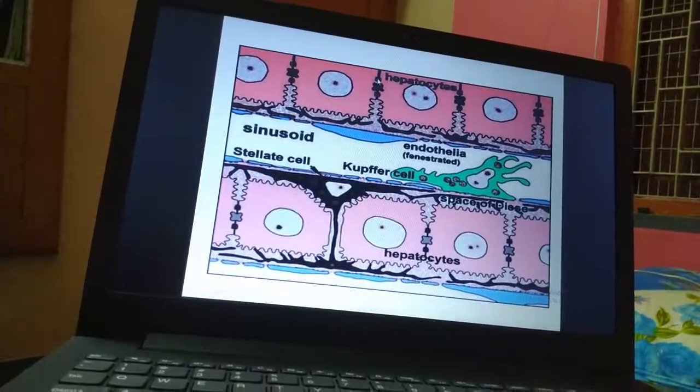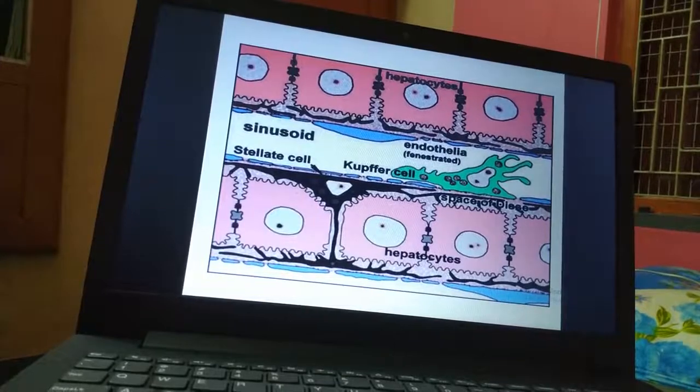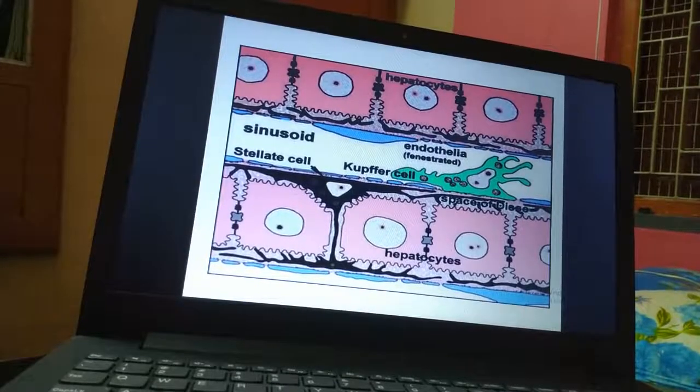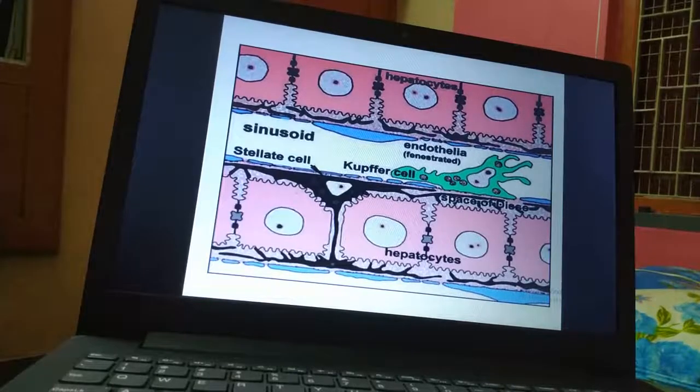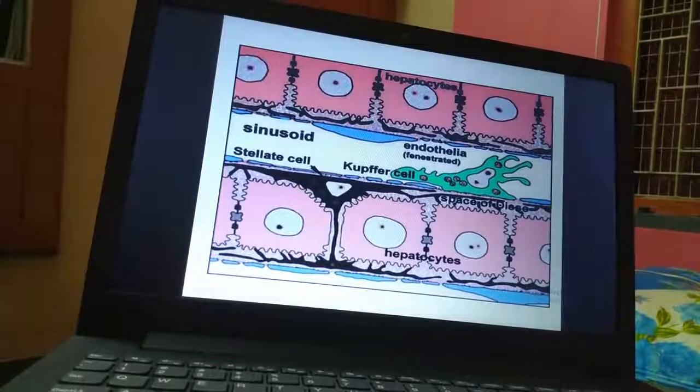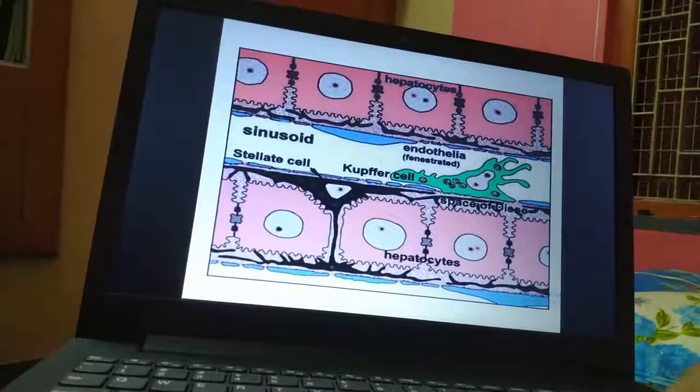Then coming to the intercellular surface, these are areas of cell surface where adjacent hepatocytes are united to each other, just as in typical cells. Communicating junctions allow exchange between the cells. About 15% of the hepatocyte surface is intercellular.